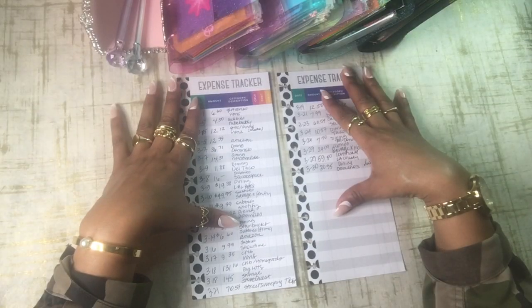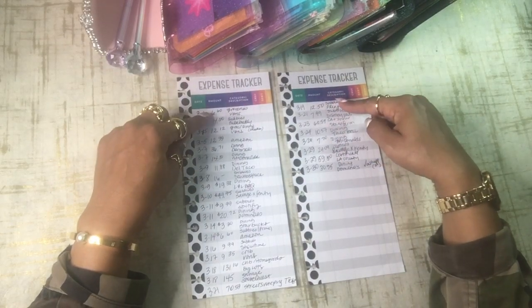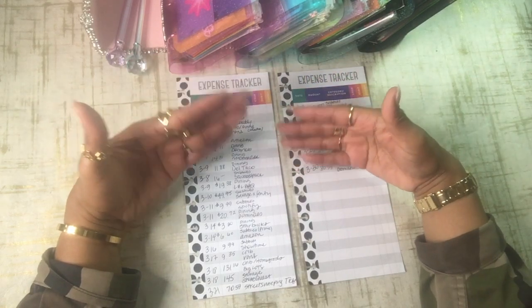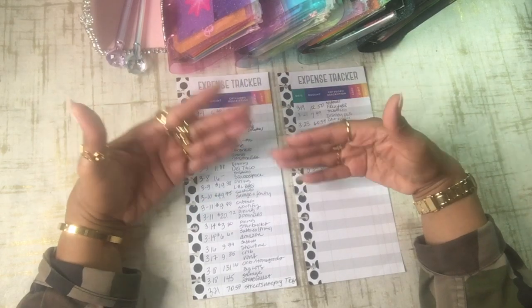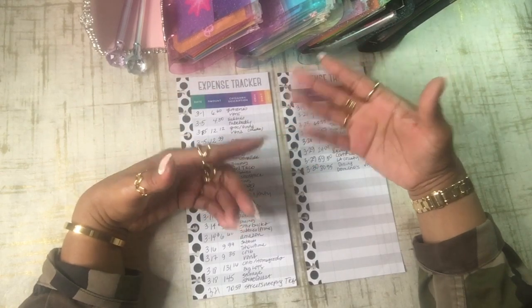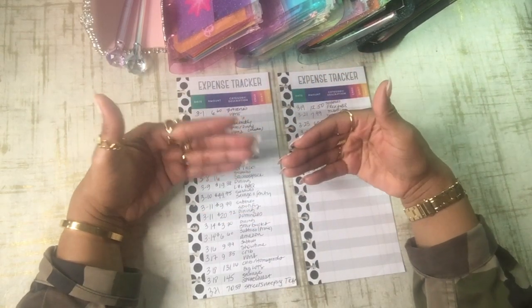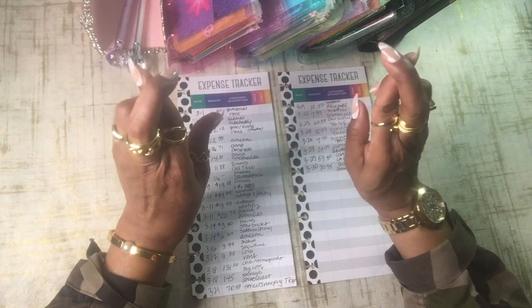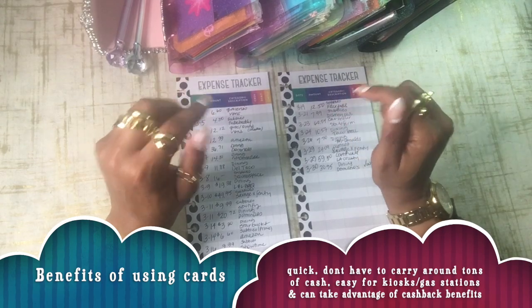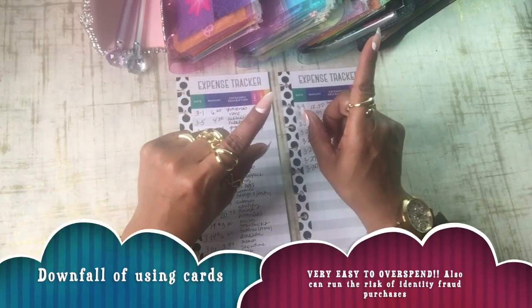Like I said before, usually these are just auto payments that I have for my subscriptions or any bills that I know are coming out at the same time each month. I'll have them on auto pay. Or if I'm somewhere and I don't have my cash envelope with me, I'll just swipe my card. Or if I'm getting gas, anytime I'm using my card and I know I have the cash there, hopefully. So yeah, this is very convenient if I don't have my cash available to me, but it can get a little tricky because I can overspend since I don't physically have